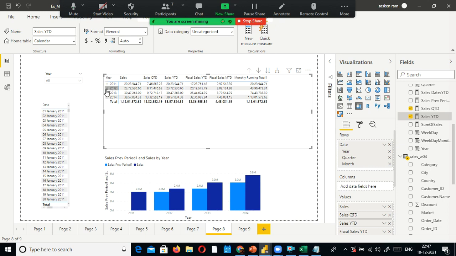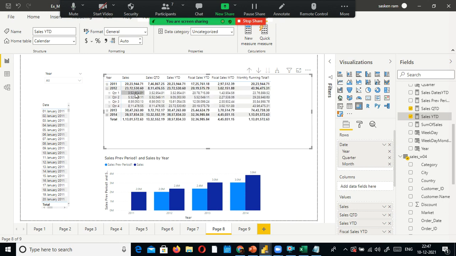Okay, calendar year. For 2022, let us look at here. For all this value put together, this is the total, and the total is displaying on top. So this one got reset here. For this year, year to date is this one, 2012 calendar year. So what do you mean by the year to date for 2012? January 1st 2012 till the end of the year 2012 calendar year. So the year to date of 2012 is this value, and the year to date value of 2011 is this one.